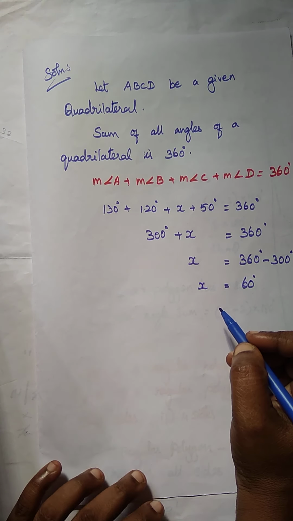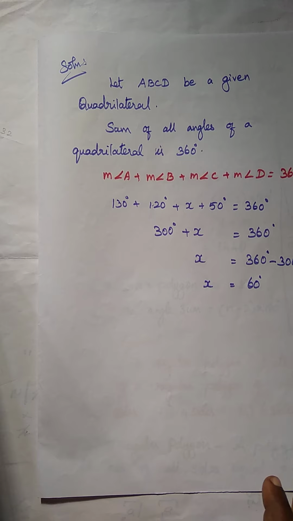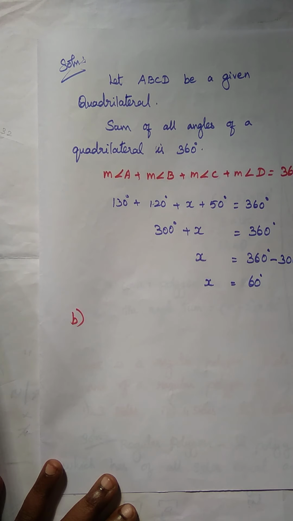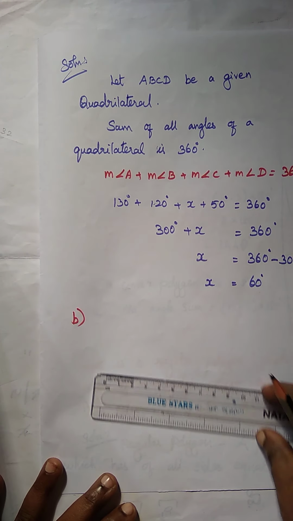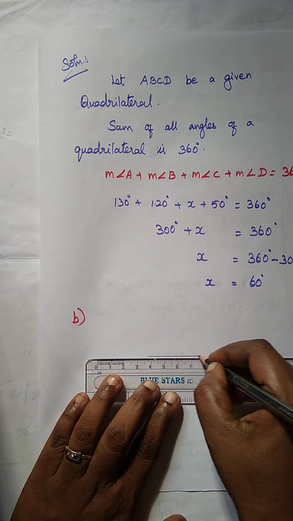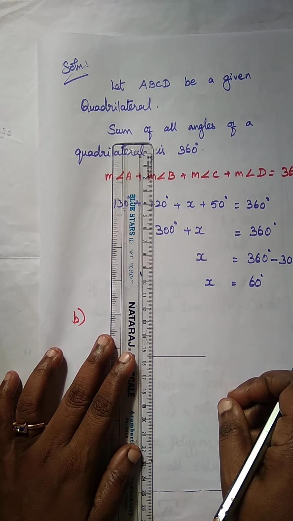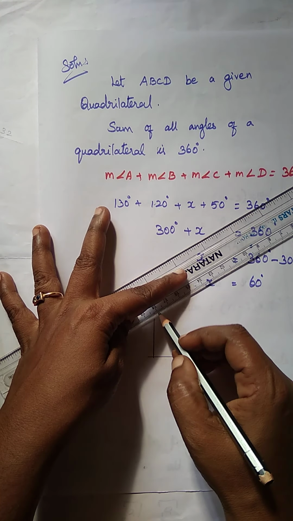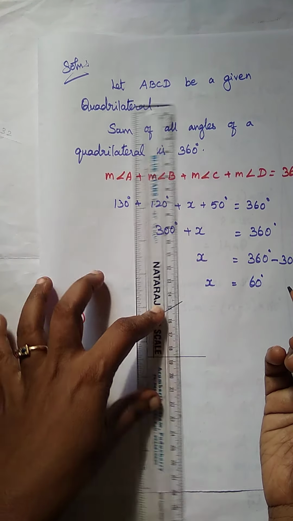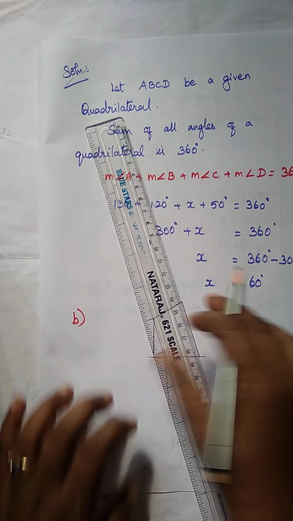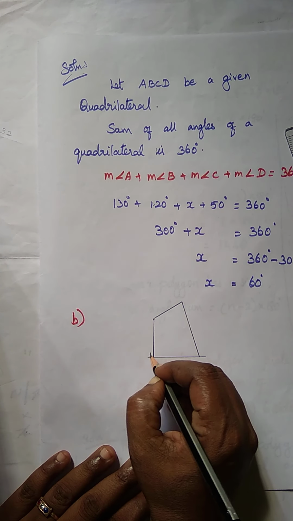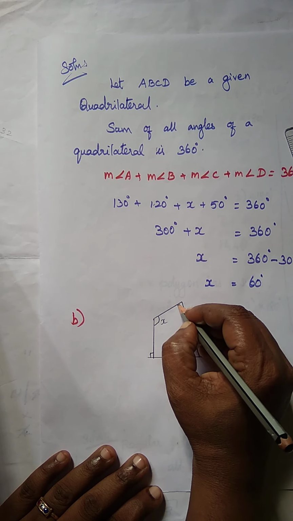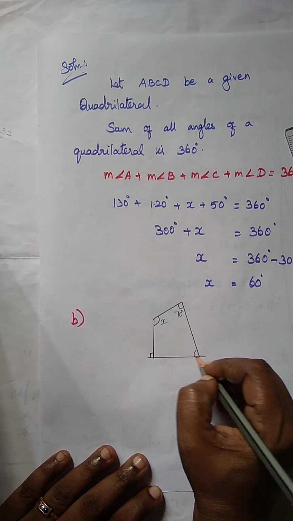Now in the same model we are going to find the next one, that is the B subdivision question. This is the diagram. It is 90 degree. 90 degree is a straight line. Okay, this is 90 degree. Now mark here 90 degree. Here x, we want to find the value of this x. 70 degree, here 70 degree, here 60 degree.